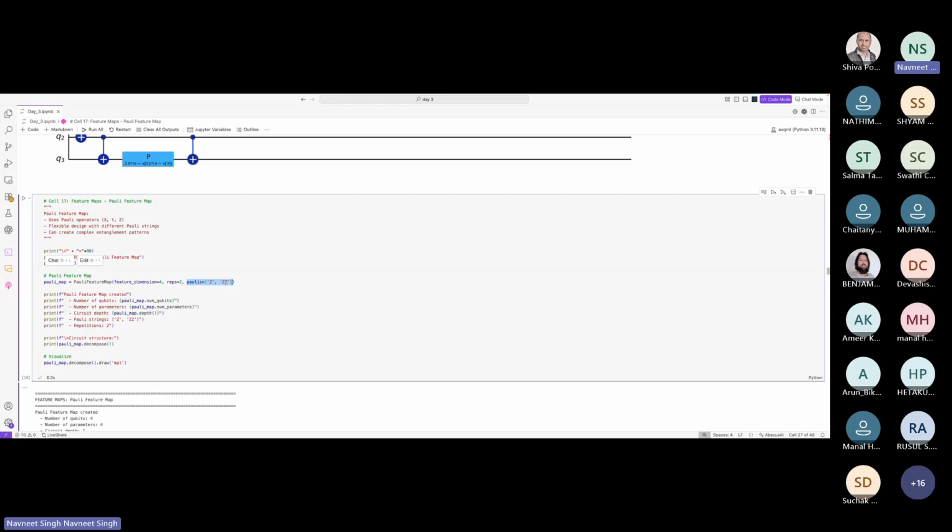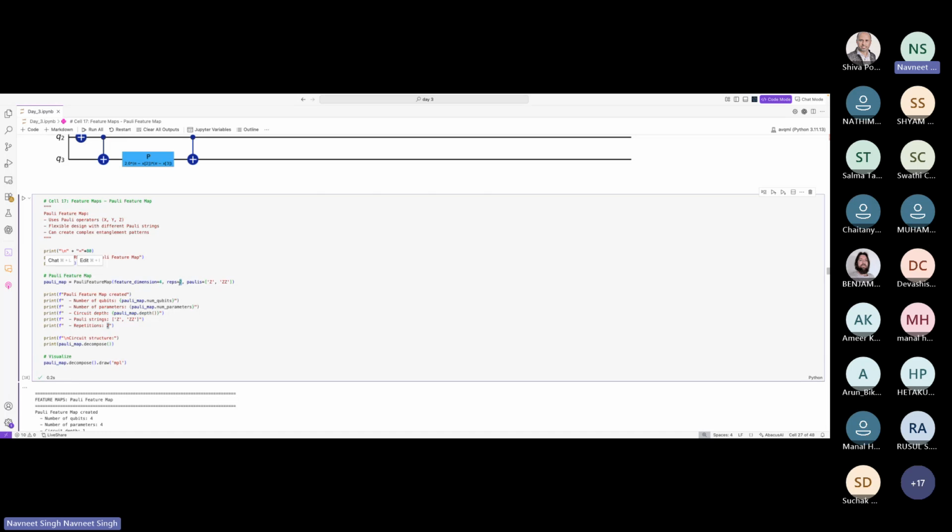This particular feature is the same thing here also. The repetition is our entire quantum circuit, the entire feature repeated. We repeat the pattern twice to increase the expressivity. This is a very critical hyperparameter in every feature map. If you increase the number of repetitions, you can get much better